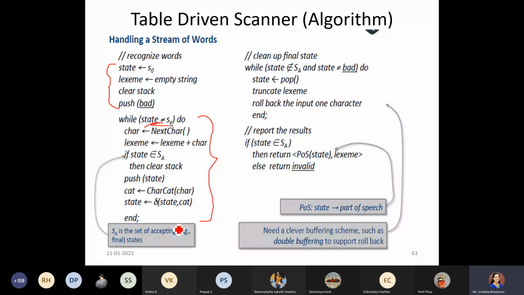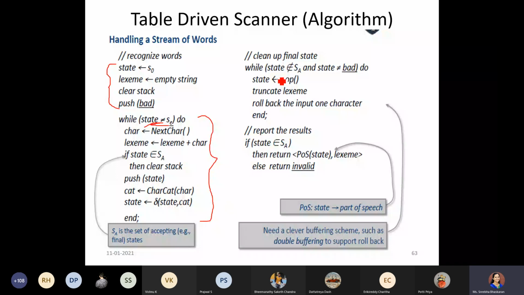You are just checking, if it is a valid string, what would happen at the end? You would have the end of the file, that is EOF. By seeing this EOF, you would have reached the error state. That means you just have to take one step back, so that you get the accepted contents. For that purpose, we are checking the final states.